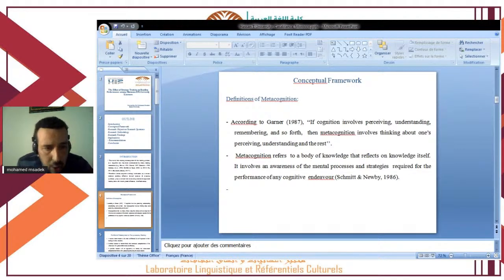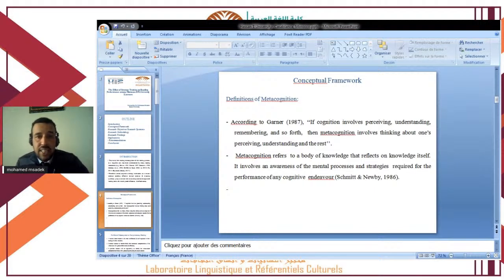The last point is that metacognitive thinking assists learners to evaluate their overall understanding of the target textual input. In other words, here we can state that learners can ascertain that the demands of the task are met and that the comprehension process is achieved.